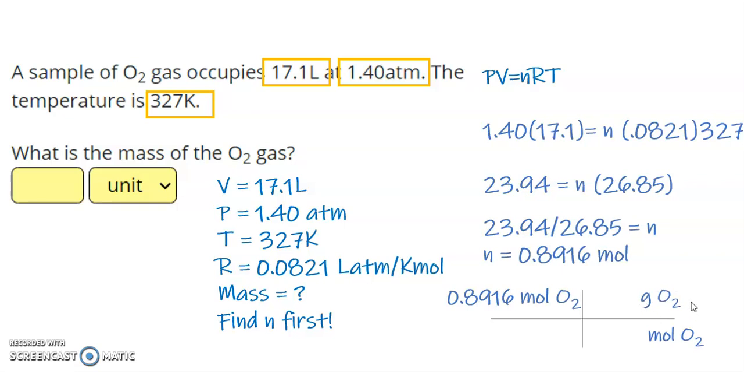We already found out the number of grams in a mole of oxygen in the last problem. If you look on the periodic table, take 2 oxygens, add them up, we get 32 grams in 1 mole. Moles is on the top and the bottom, so it cancels. We do this number times this, divide by this. So top times top, divide by bottom. 0.8916 times 32 divided by 1 equals, we get 28.5. That's grams, because that's the unit we didn't cancel. And you can put your answer in the answer